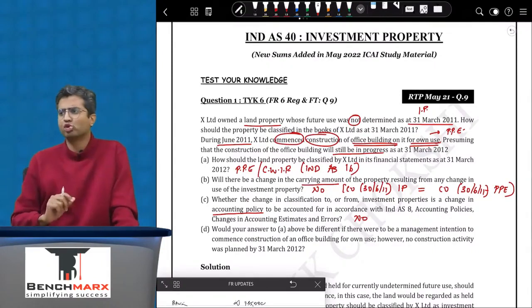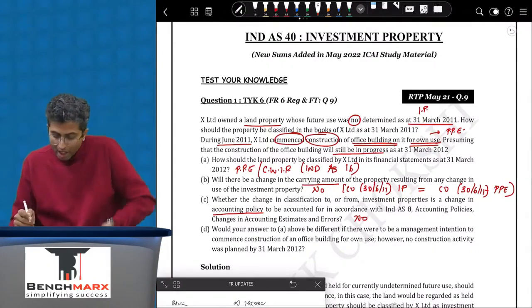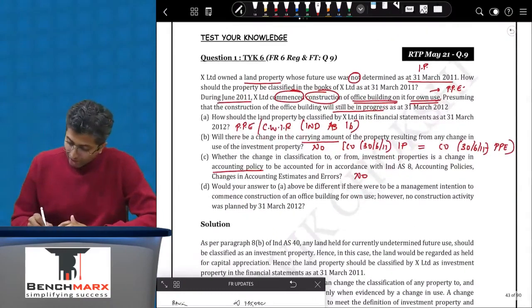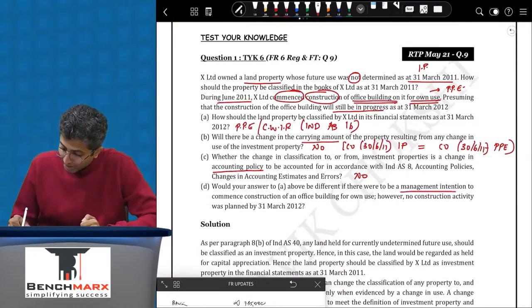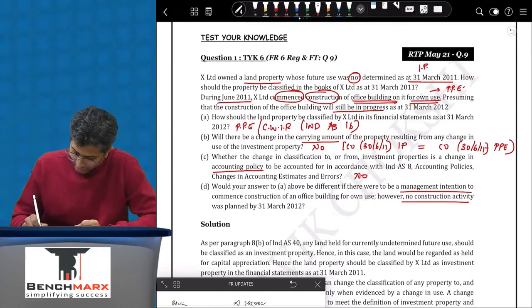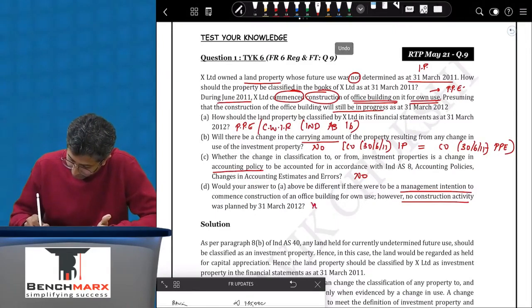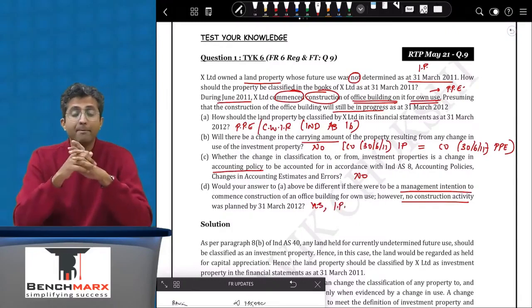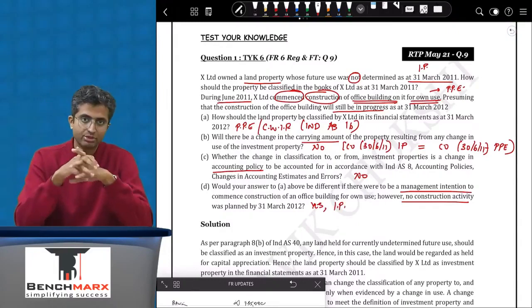In the last year, you will keep on showing it as investment property only. And lastly, would your answer in A be different if there were to be a management intention to commence construction of an office building, however no construction activity was planned? Well, yes, your answer will change. It will be an investment property only, because a change in usage is the only time where you can do